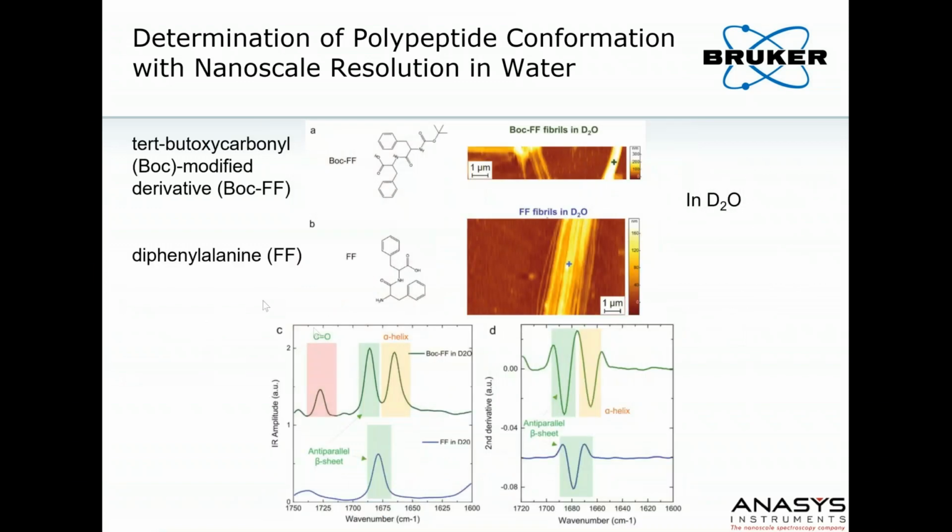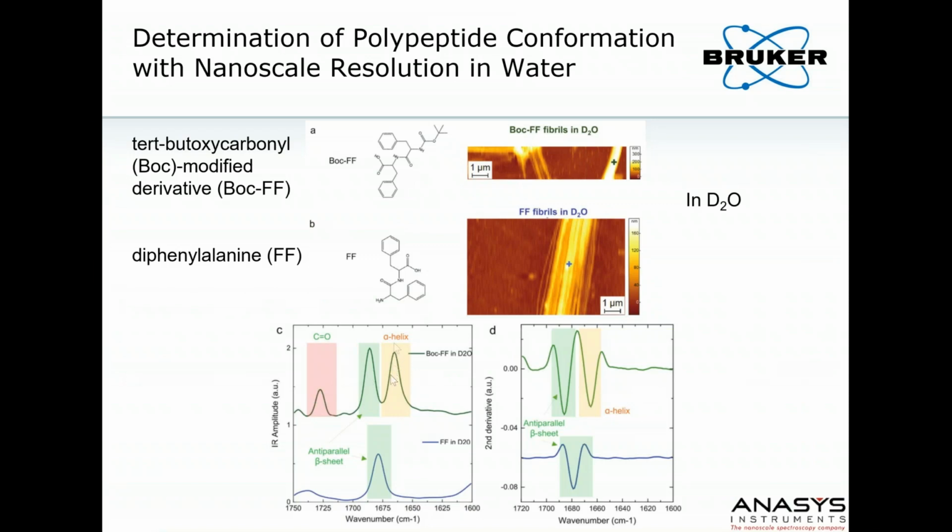We can also move to D2O and now compare to this tert-butyl-carbonyl modified structure. This one is similar to the diphenylalanine, except it's got these other groups put on it, and that prevents it from forming beta sheets. And so the experiment's a little easier in D2O because you move the water absorption band that normally overlaps with the amide 1 band out of the picture, and you can see here that for the Boc-FF in D2O,